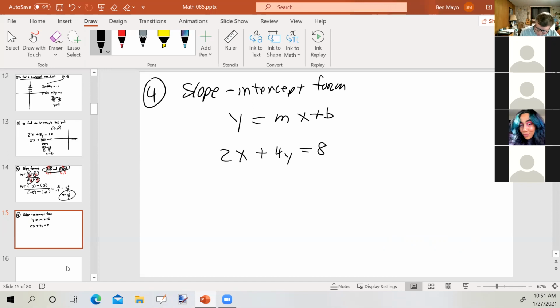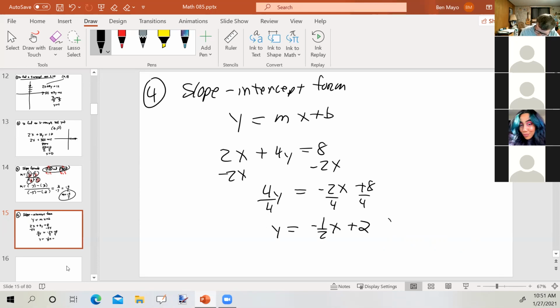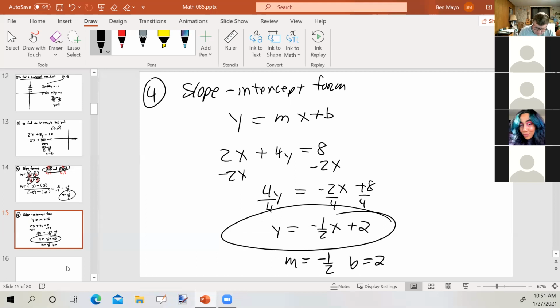If I solve it for y, I'm going to subtract 2x, so 4y equals negative 2x plus 8. I'm going to divide everybody by 4. So I get that the slope of that line is -0.5 and the y-intercept is 2,